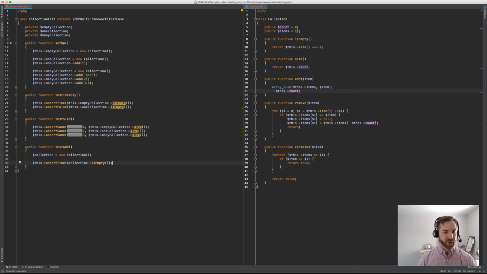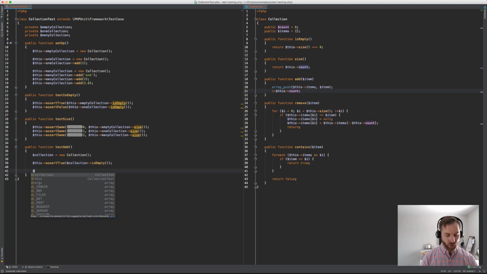Just as a sanity check, even though I'm testing add, I want to make sure that I made this new collection and it's empty. Although this is tested up here, nothing's wrong with a little double coverage, a sanity check that, as you're going through add, the setup for it is correct. Because if I set up this collection wrong for some reason, that's going to affect the downstream assertions. So I want to make sure that it truly is empty, nothing else is in it. That way, when I go and add something,